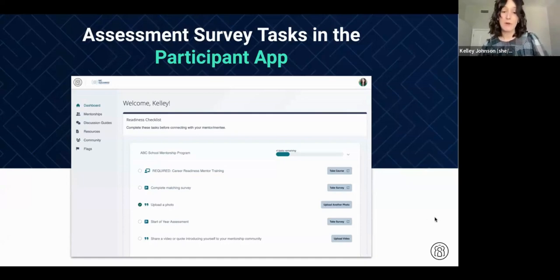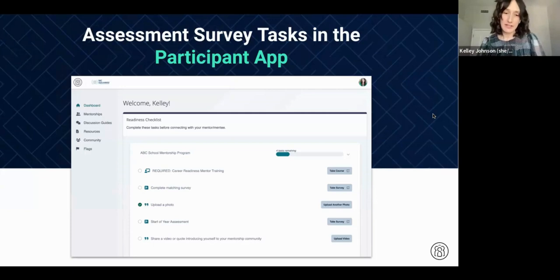Yep, exactly. I would highly encourage you, if you would like to see an increased response rate, what we have found is that when our participants are hearing directly from people who work at their school, they're much more likely to respond to these surveys. So download that export of all the people who have not responded, send just one mass email to encourage them, let them know why the survey is so important, and direct them to go right to their dashboard. They will see this task show up.